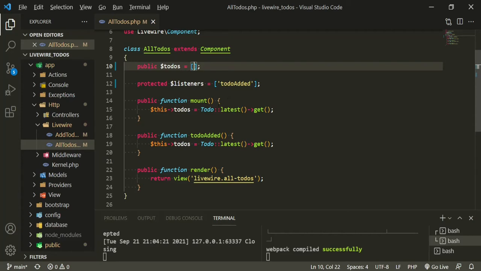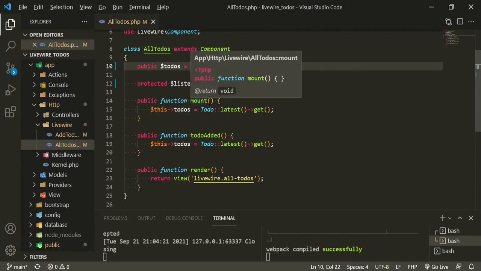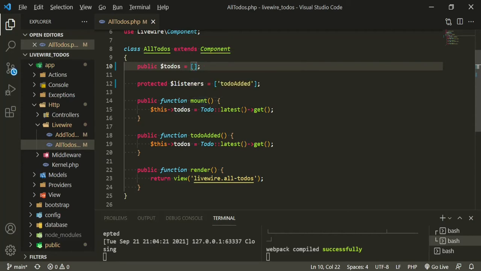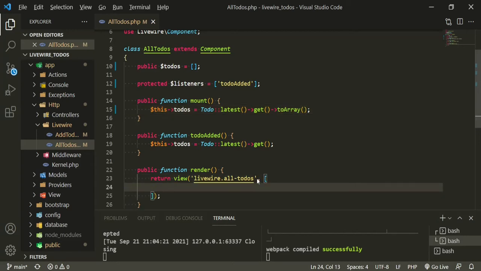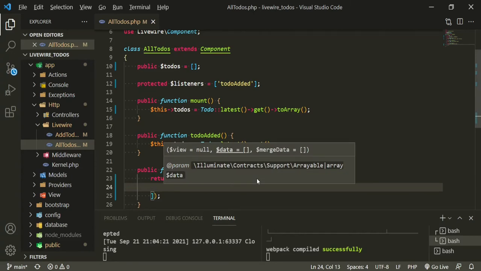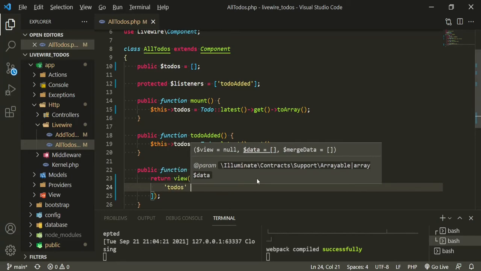So since that is now an array, this mount function that we have here, the to-dos equals to-do latest get, we need to change this to get to array. And then for our render, we need to now pass that in. And again, as I said, because we've changed what kind of property it is, this is why we need to put it in here this way. Normally, because we didn't have it like that before, we didn't need to, but we do now. To-dos equals this